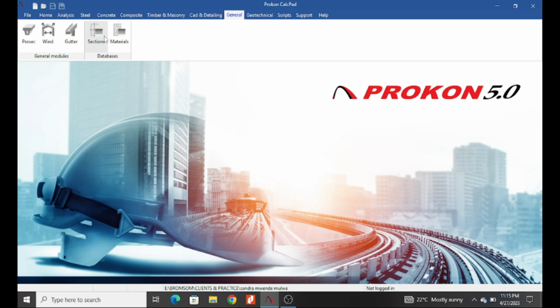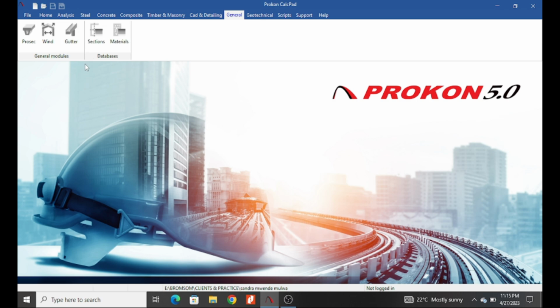So not all manufacturers produce the same member sizes, and not all countries have harmonized sizes of members. So you should go through the catalogs of steel manufacturers and get those sizes so that you feed them. When you're carrying out a project, you exactly know what you're going to get in the market.